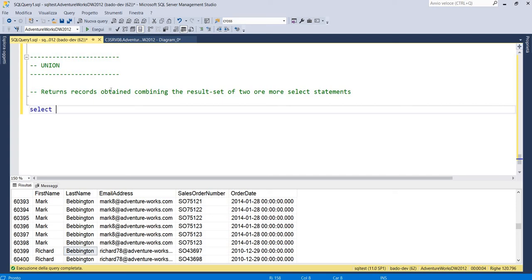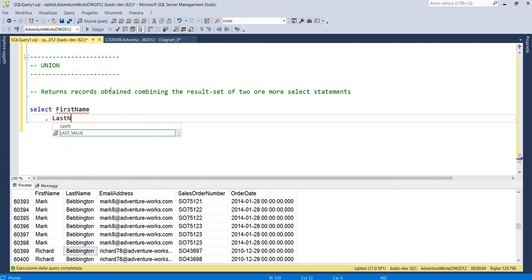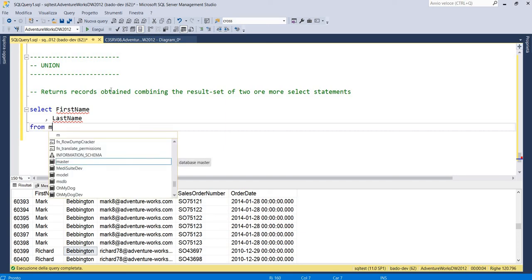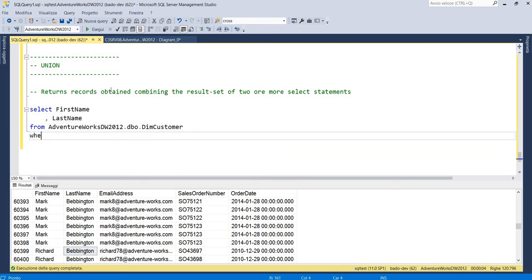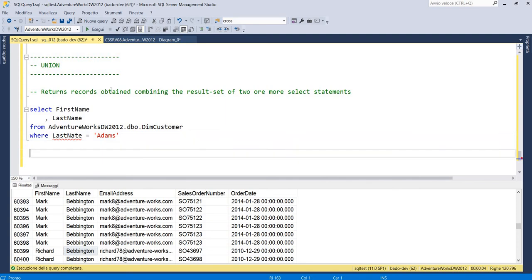So we can say select first name, last name from adventure.dbo.dim customer, where last name equals Adams, union,